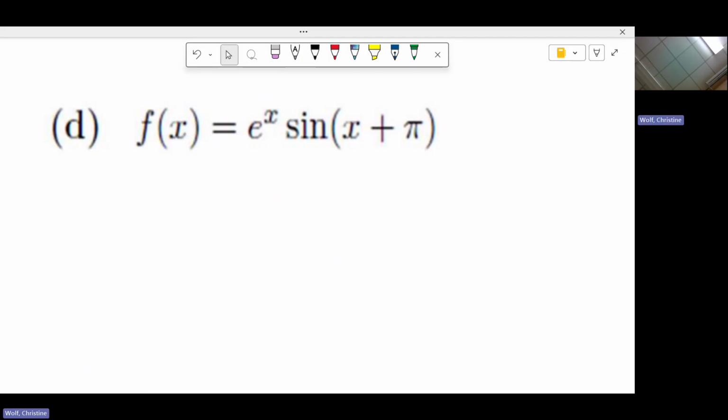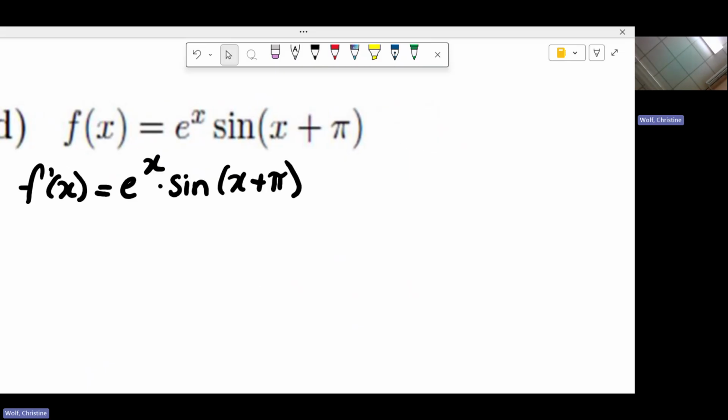Do I have two things multiplied together? Okay, so what law am I going to use? Product law. So e to the x is my first function, and I take the derivative of e to the x, which is e to the x. I remember the chain law is lurking, but the derivative of x is 1. I don't write ones. And now I recopy my second guy